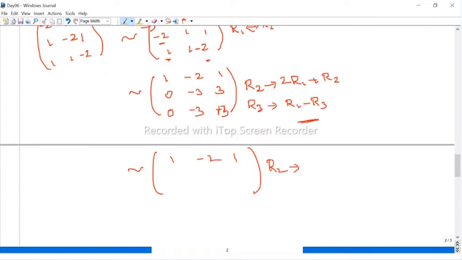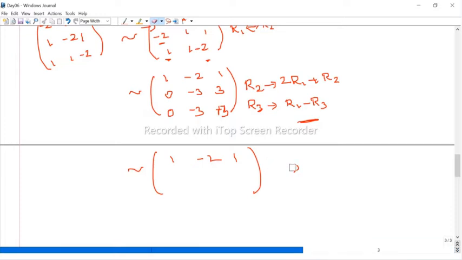Now look at the first row, second row and third row. Both are equivalent, the same. Therefore, just add or subtract the second row and third row. We get the last row. We can make it 0, 0. So what I am doing here is adding or subtracting the second row and the third row. We get 0.